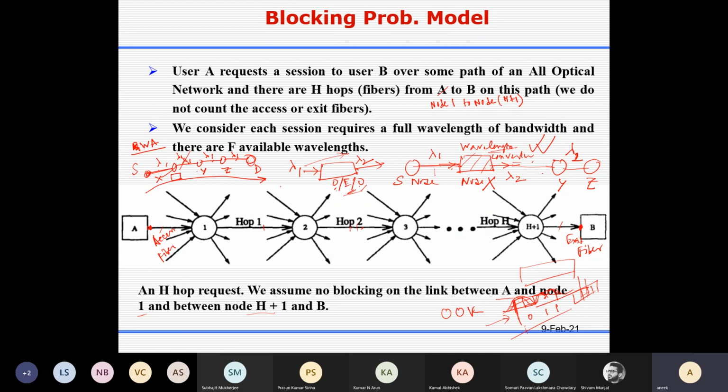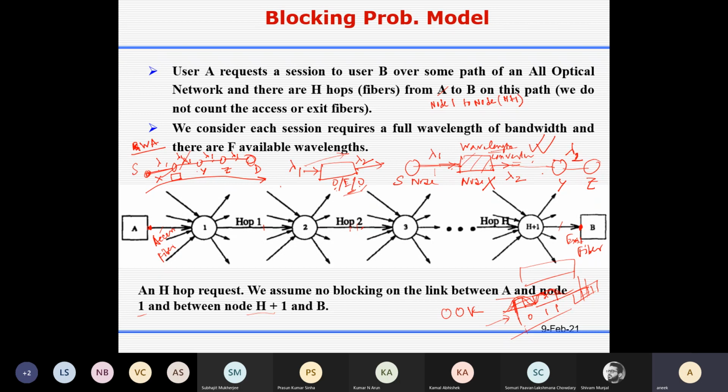In a dynamic network, let's say there is an existing network and 1,000 light path requests come. A light path request can come at any point of time, and it has a source node, a destination node, and a holding time, that means when it comes and when it leaves.